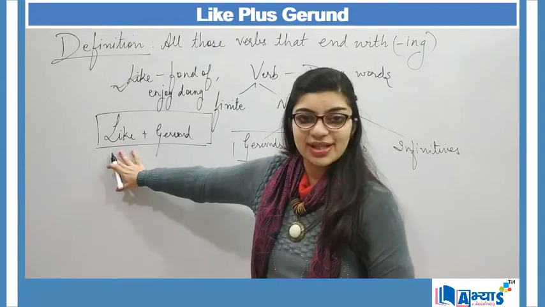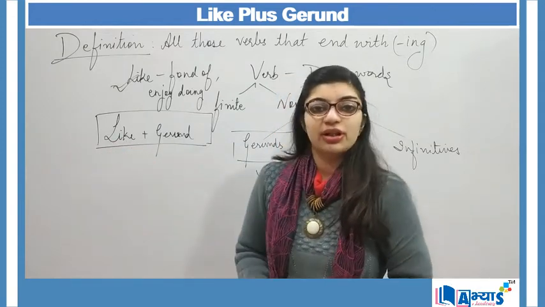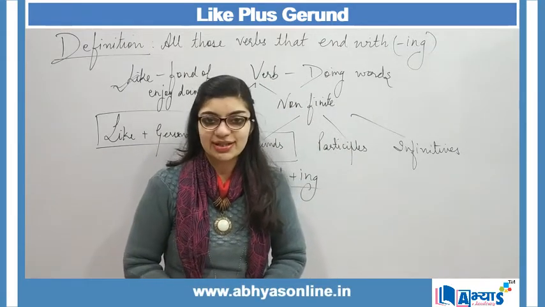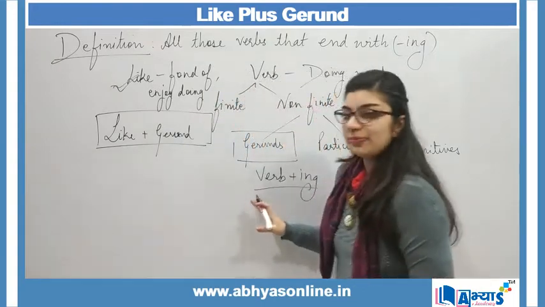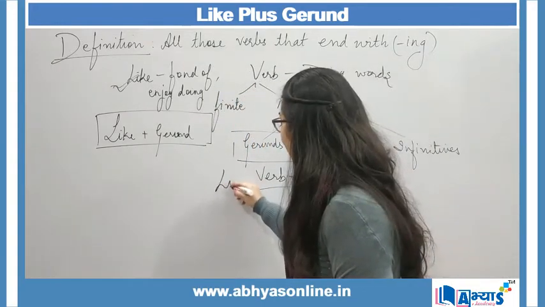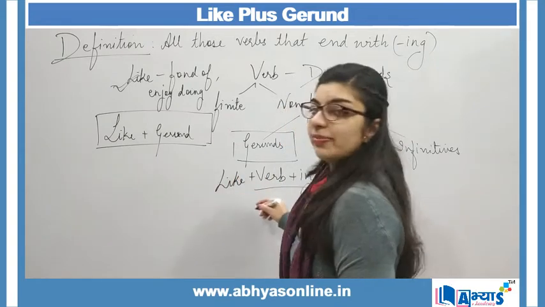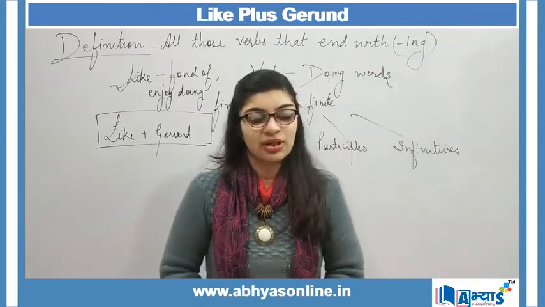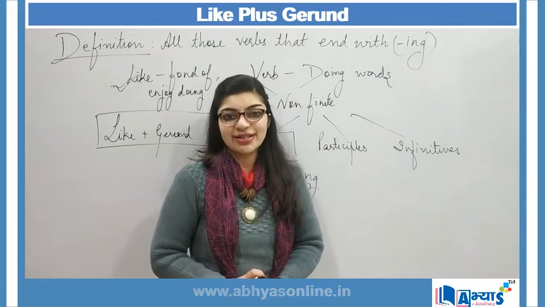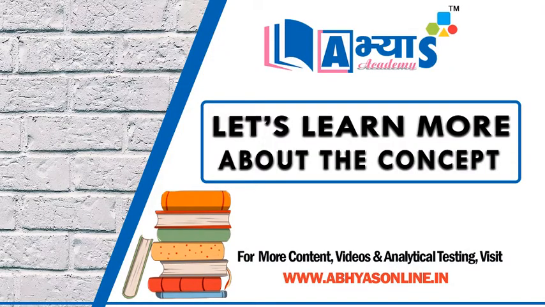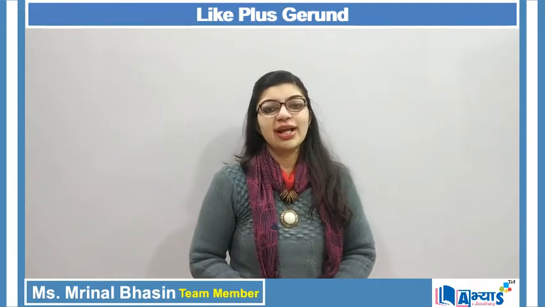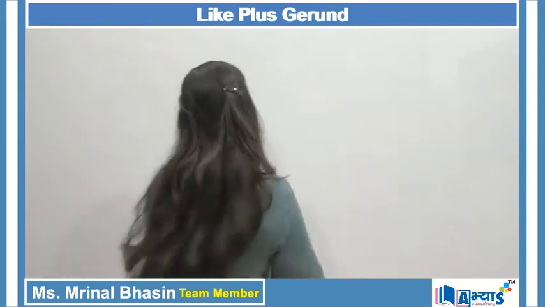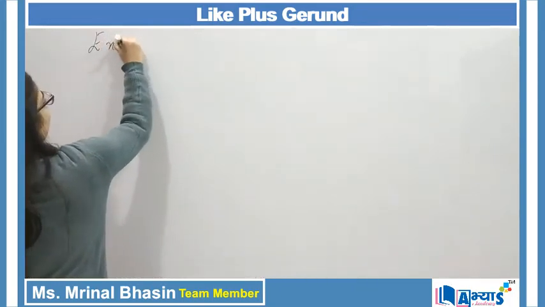Here we are going to understand like plus gerund. This will be best explained through examples, and those examples will be in the form of sentences. Now gerund, I have said that it is verb plus ing. So I will be making sentences like plus verb plus ing. This will be my format of the sentence formation. So let us have a look at those sentences. Now let us have a look at some of the sentences which contain the word like along with gerunds. So some of the examples that I can explain over here are,